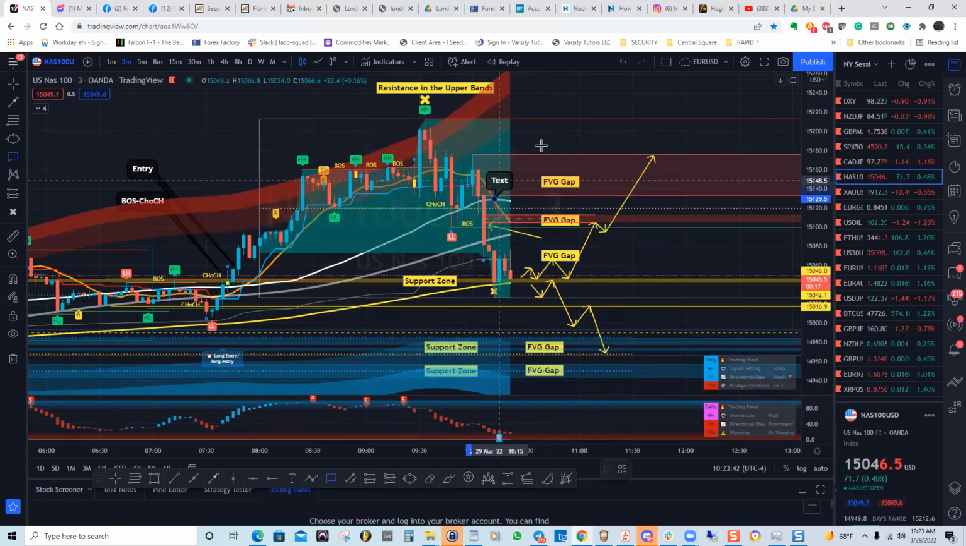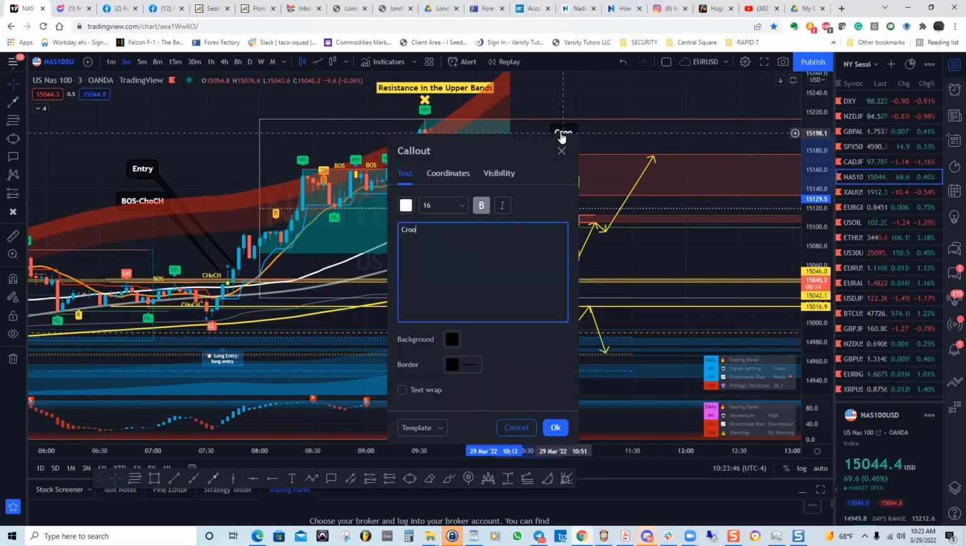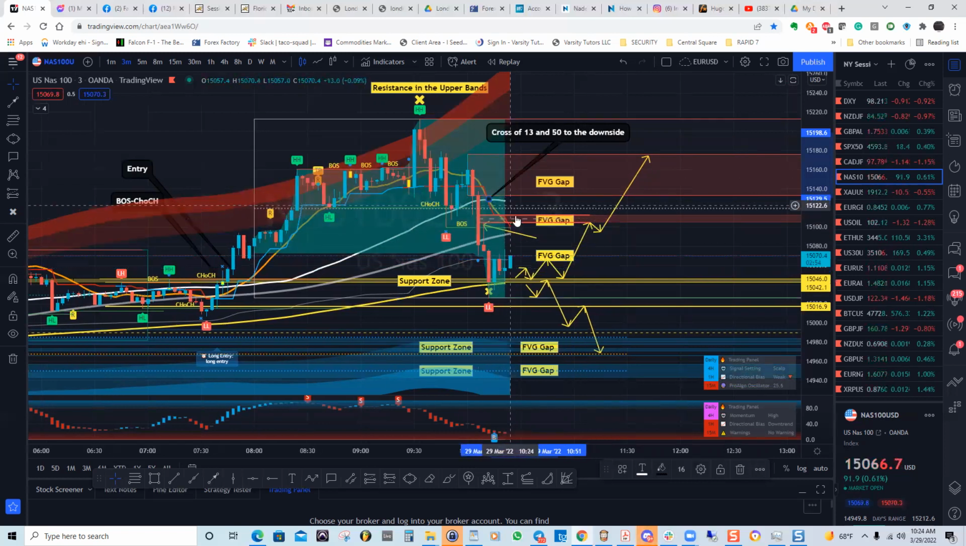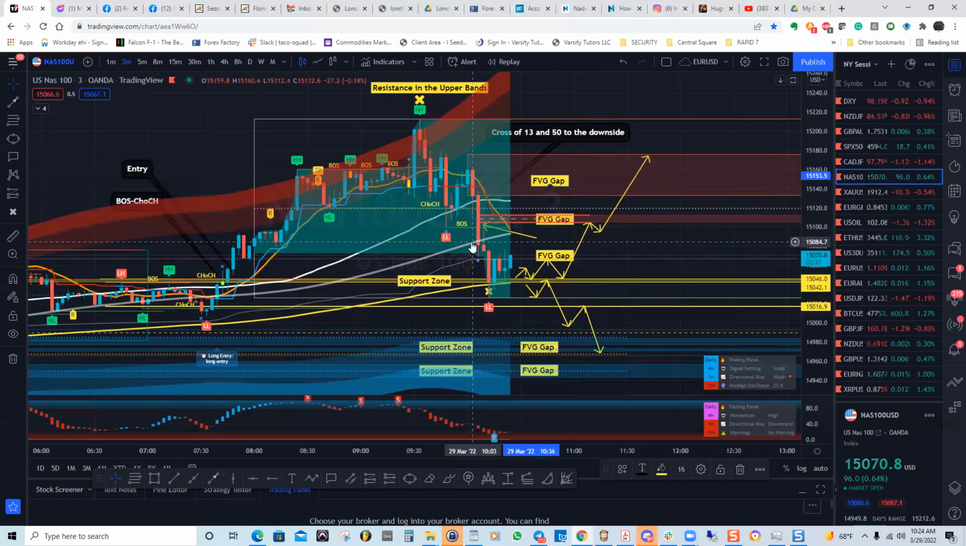So I got a cross of the 13 and 50, to the downside. So this would have been confirmation that I've got a downtrend coming here, since this crossover is right here to the downside. And I got my FVG gaps here, or the order blocks right there, right? So that's a good thing. And then it closed underneath the 13, and then it closed underneath the 50. But see, it never closed below the, well, here's the midline here. So it came and retested the midline, didn't close below the midline. So you got a lot of confirmations here that this is a good